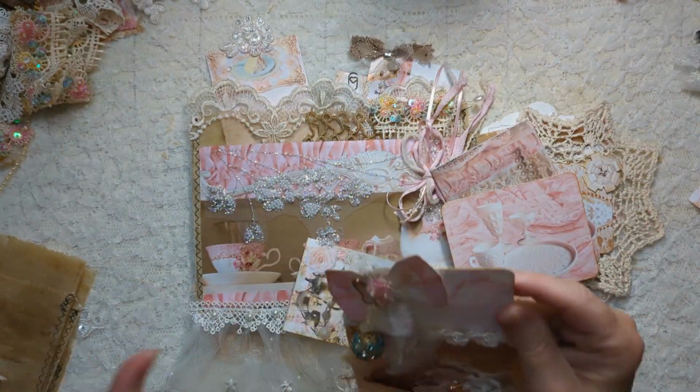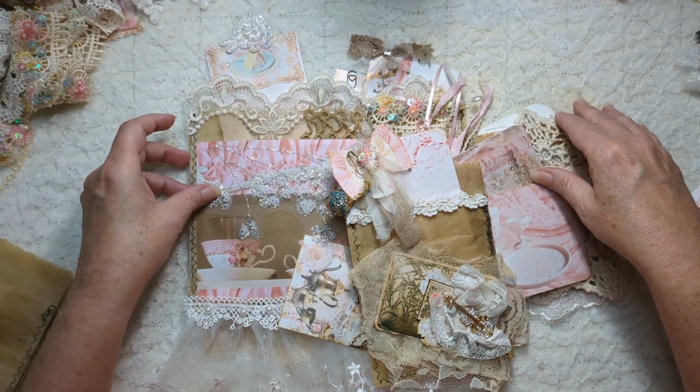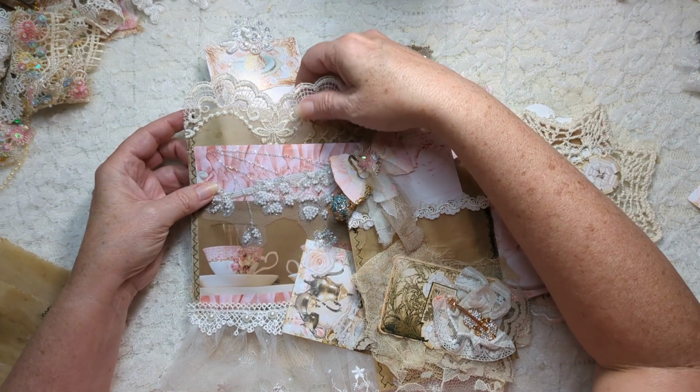I'm gonna reach over and turn this other light on. Maybe it will. Okay. All right,